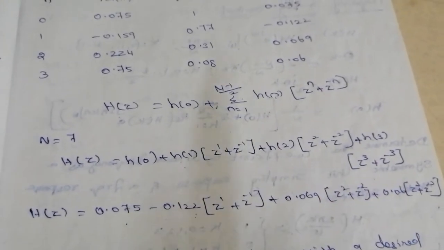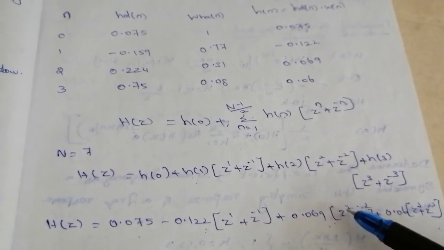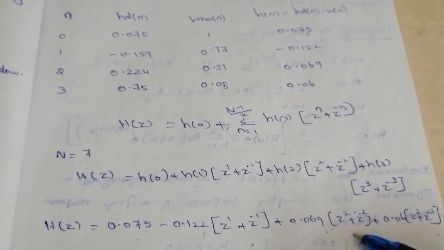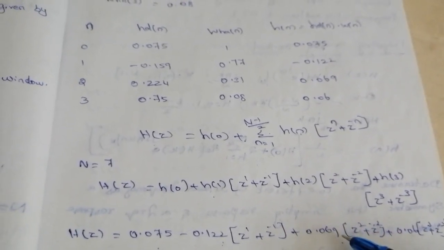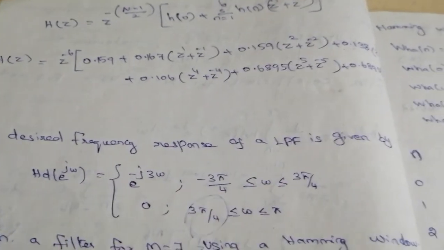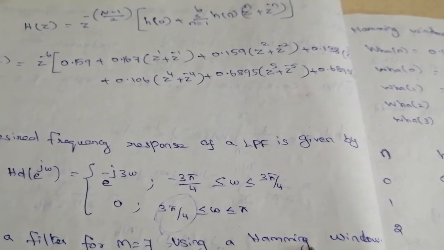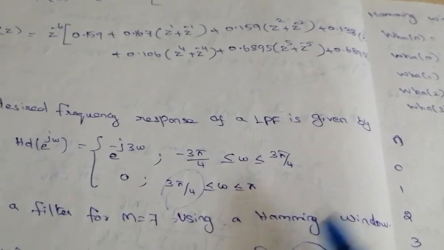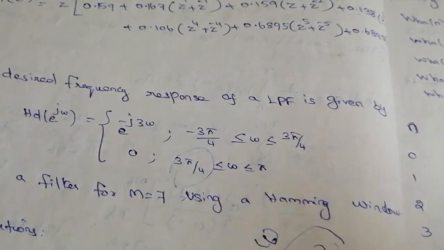Is it clear? So these are the steps for solving the window technique method, and this is an example of one problem. If any problem is asked, we know the frequency response, filter type, cutoff frequency and window technique type. If Hanning is used instead of Hamming, the only difference is in the window formula: we replace it with the Hanning window, substitute the n values, and we get the final answer. So these are the design steps.